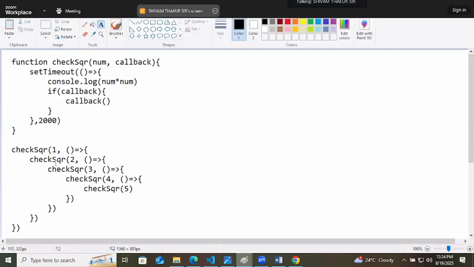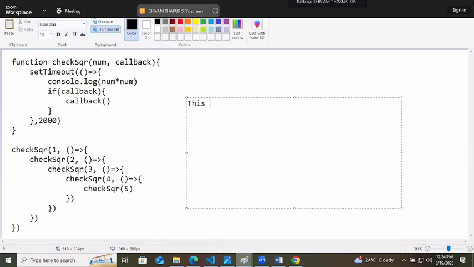Nested means one inside the other, one inside the other, one inside the other. This is a situation of nested callback, which is also called callback hell.